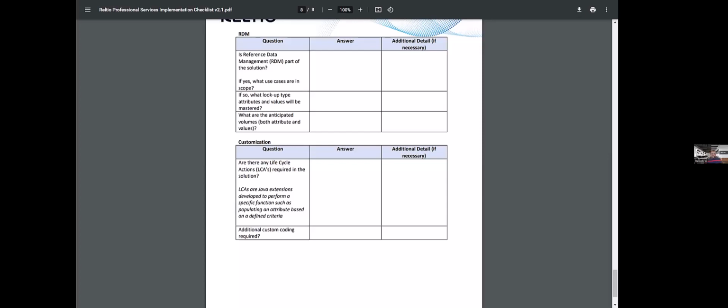If we have any transformations which are not achievable in Reltio, then we usually go with the customization. Again, we do some sort of analysis here, like we figure out which is the ideal way for customization. Either it has to be done in the ETL layer, the ingestion layer, or in Reltio.